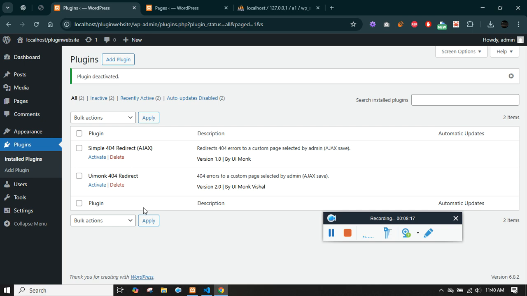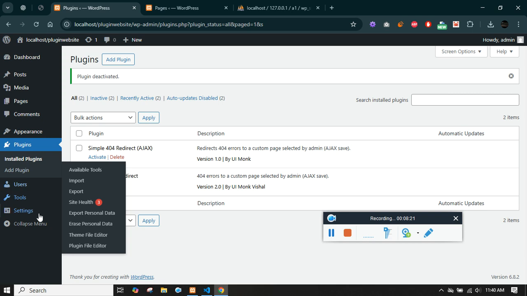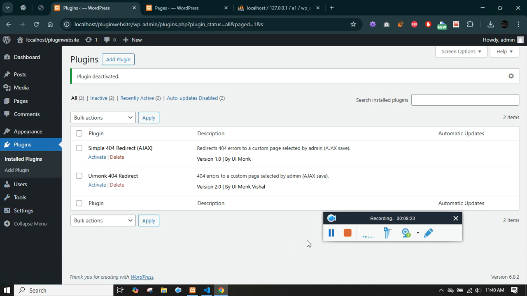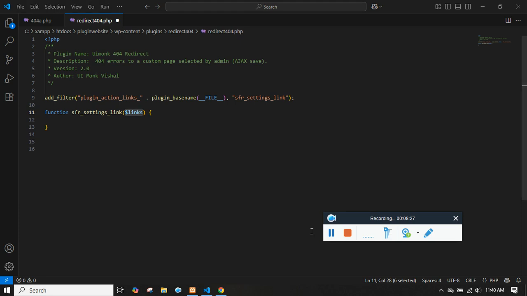Now we need to create our own link, which is the link to the top level menu page, which we will be creating right now. Once we create the top level menu page, over here you'll see I have created a link. This is an href, and this href leads to a slug. You won't understand this slug until we create a menu page. So as of now, just think of it as a URL that you want to redirect to